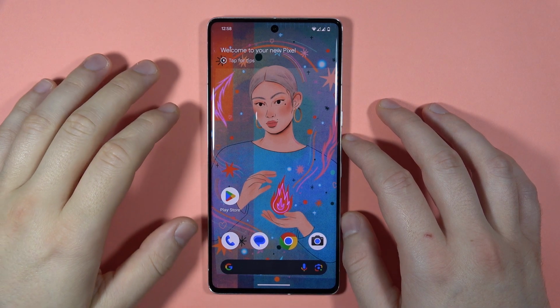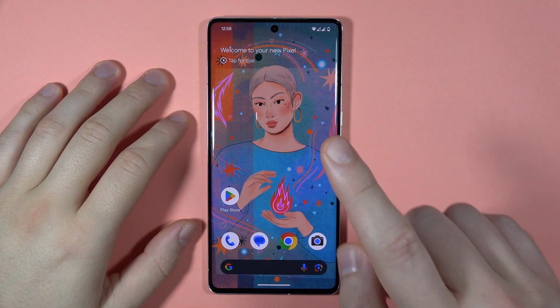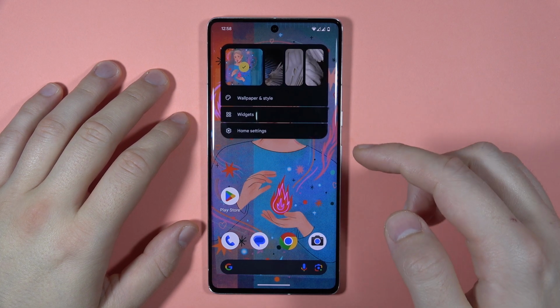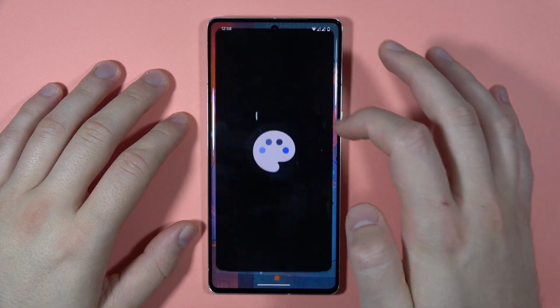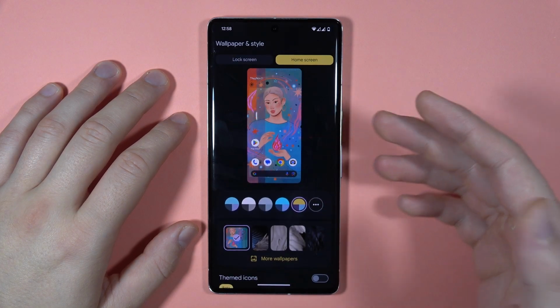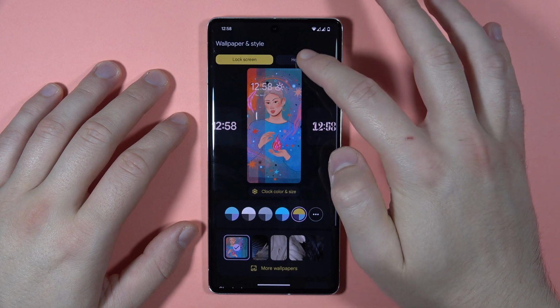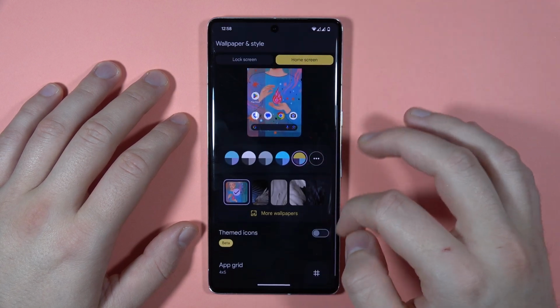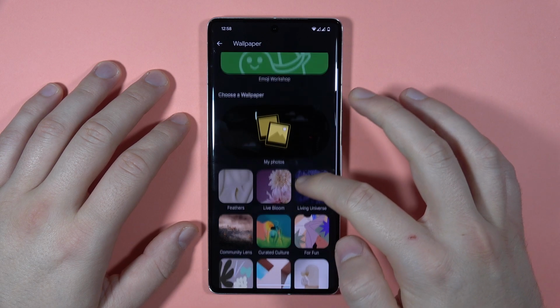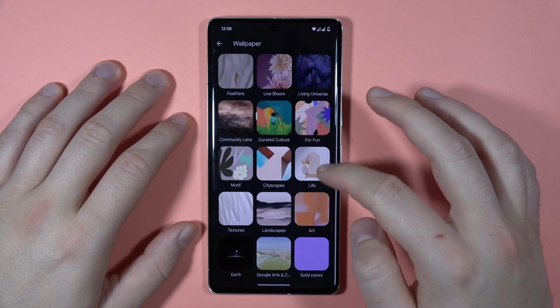Hey, if you want to change wallpaper on your Google Pixel 7 Pro, first of all you have to click and hold with your finger on the empty space on your home screen and then select the wallpaper and style. Right now you will be moved to this settings where you can change the lock screen or home screen wallpaper, and you have to go to the more wallpapers,